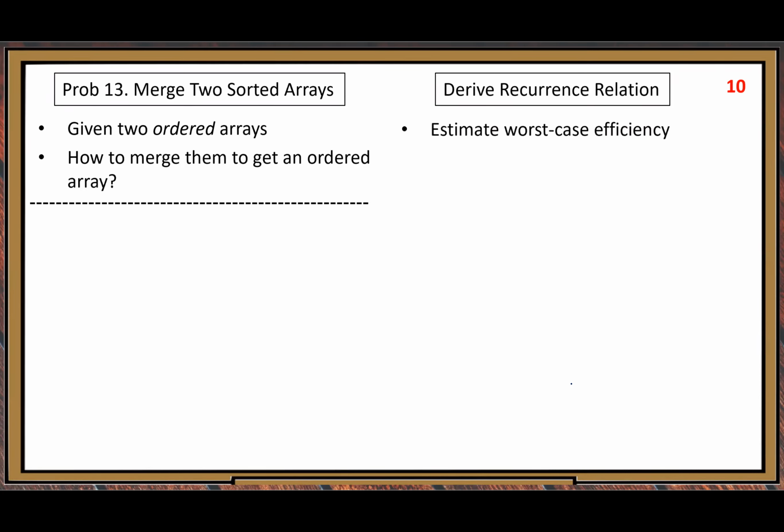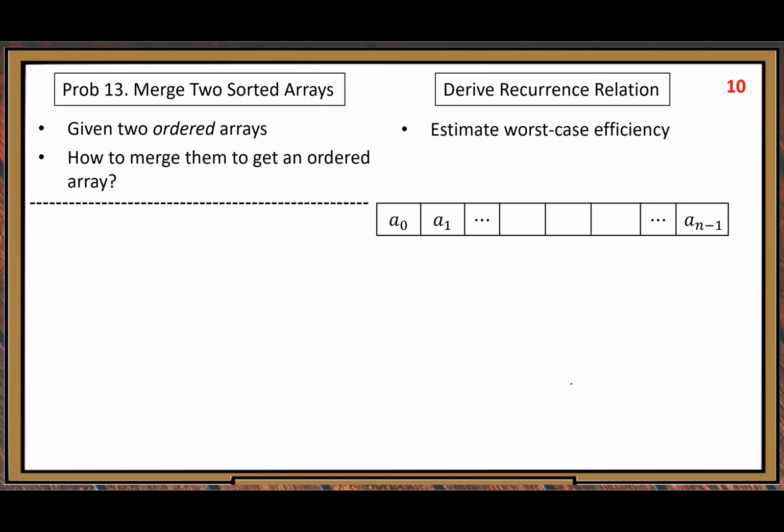Let us estimate the worst case efficiency, because we want to get a good worst case efficiency. The reason we choose this sorting algorithm is that we want to have better worst case efficiency. So let's look at this given array. We assume we need T of n comparisons to sort the whole array using